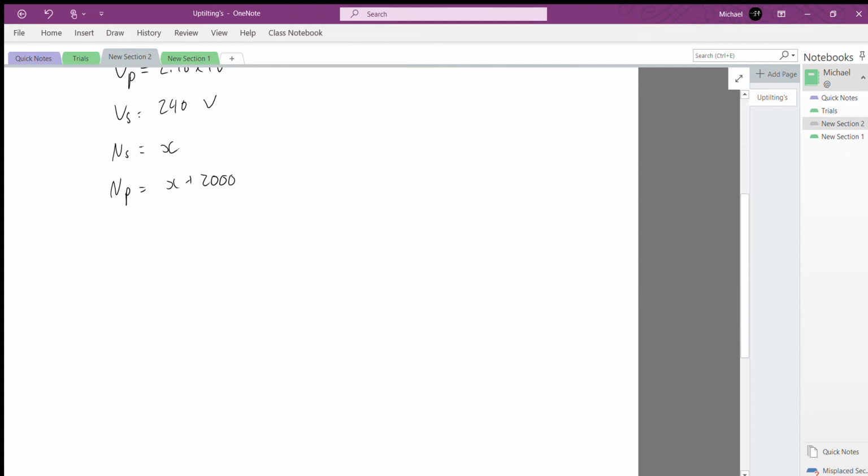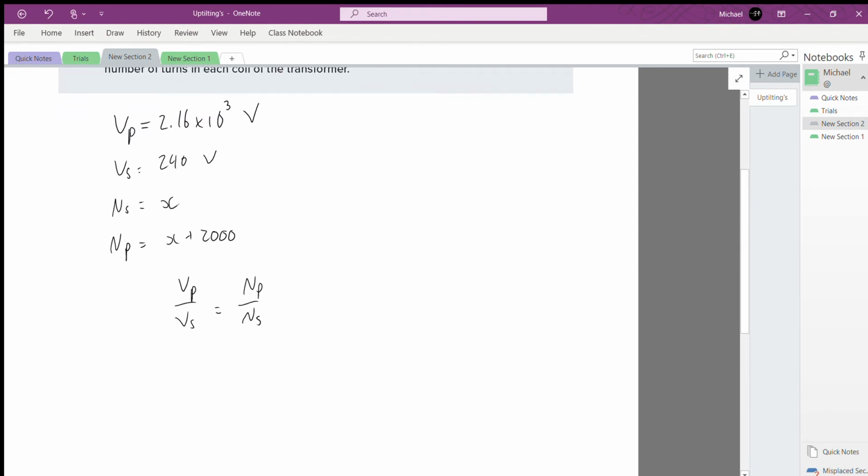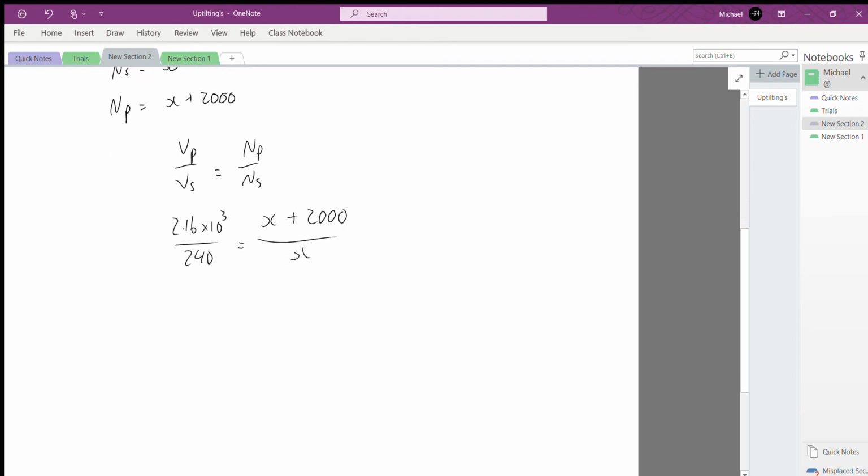Now it's just a matter of substituting those values into our expression for relating the voltages and number of turns in each coil. So we have 2.16 times 10 to the power of 3 over 240 equals X plus 2,000 over X. Now if we calculate 2.16 times 10 to the power of 3 divided by 240, we get 9, so 9 equals X plus